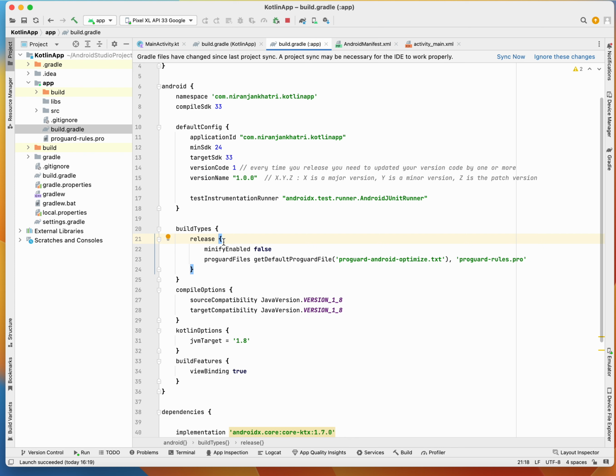So minify enabled is false, but if this value is set to true, it is going to obfuscate your application. The obfuscation of code is pretty much done to shrink your app size, or you're trying to remove unused code. And